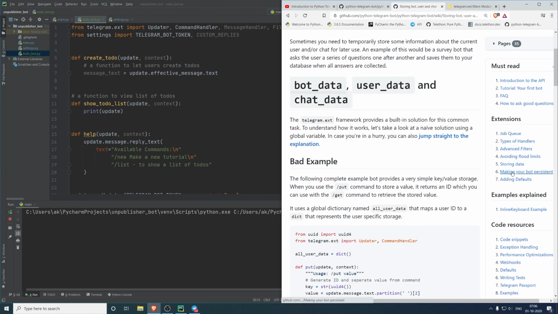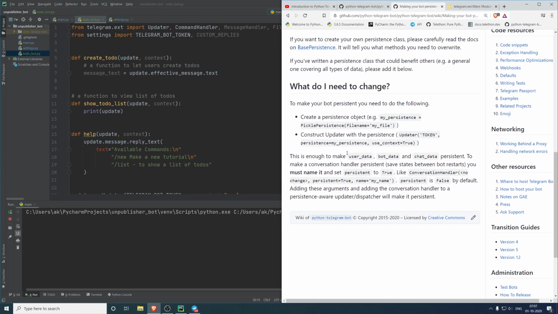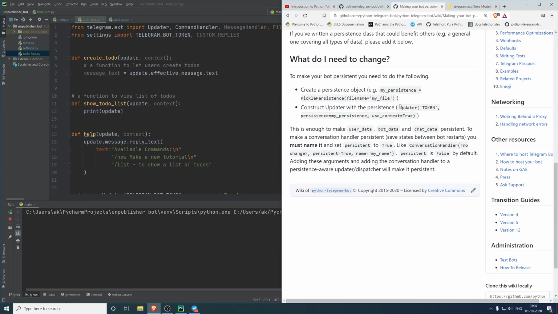So let's take a look at this point, making your bot persistent. There's a section called what do I need to change in the bot to make my bot persistent. So these are the instructions that we need to follow. We need to change our bot so that it will start storing the bot data, chat data and the user data. The first thing we need is to create a persistence file using the pickle persistence object